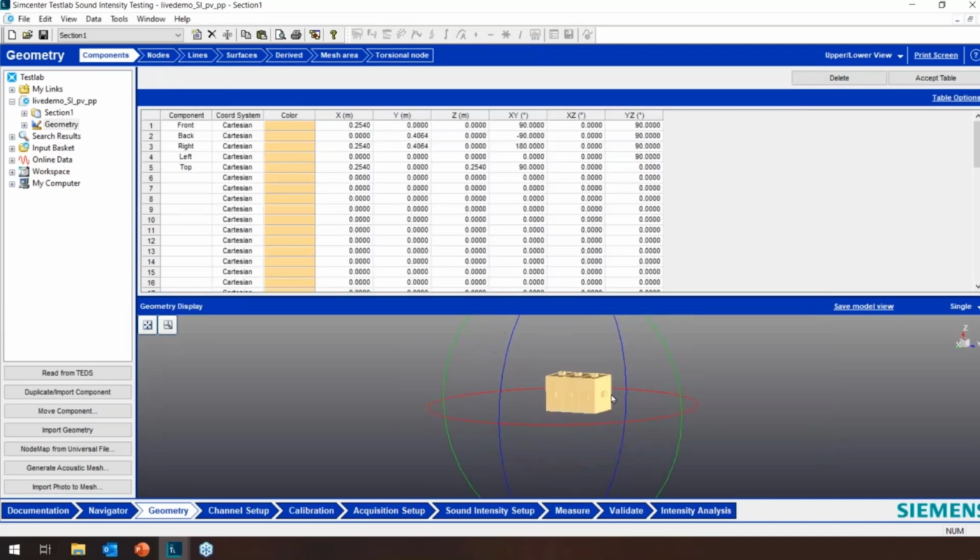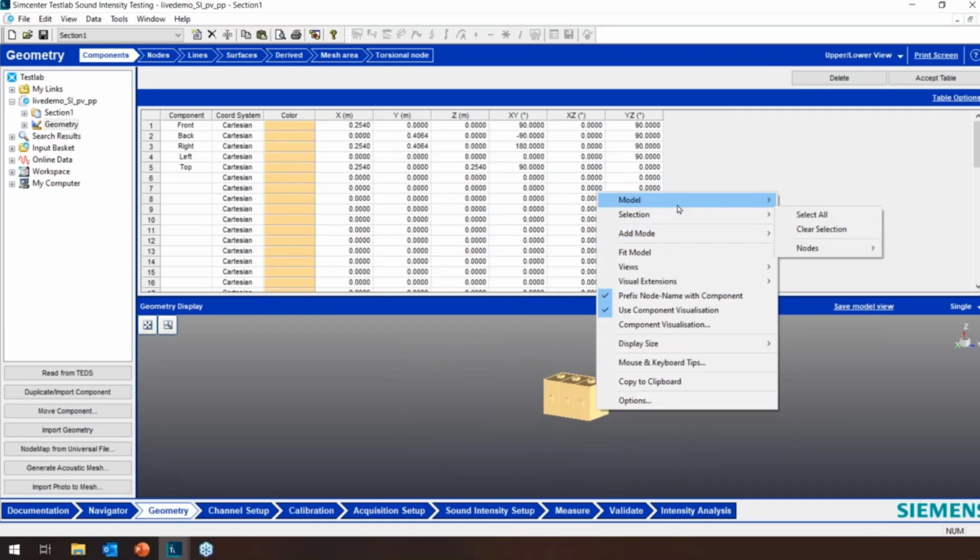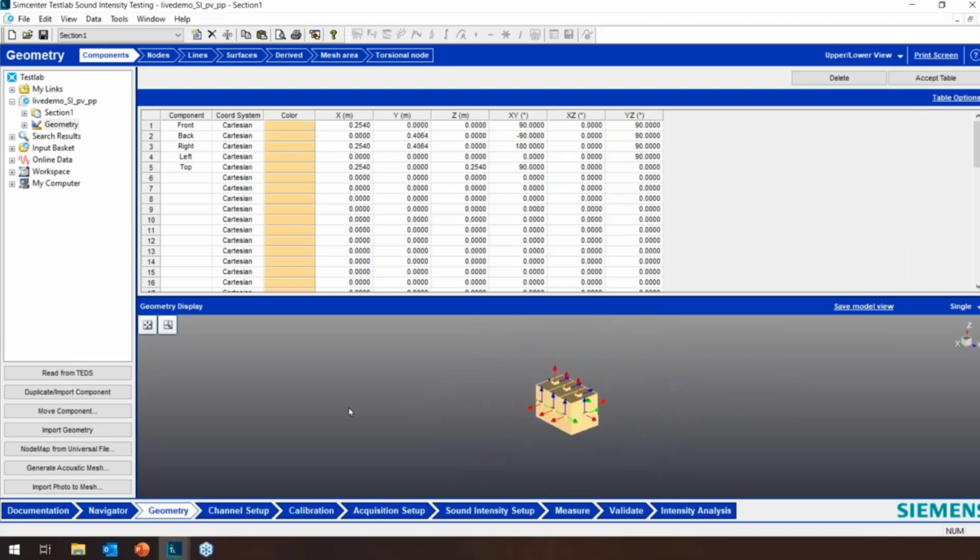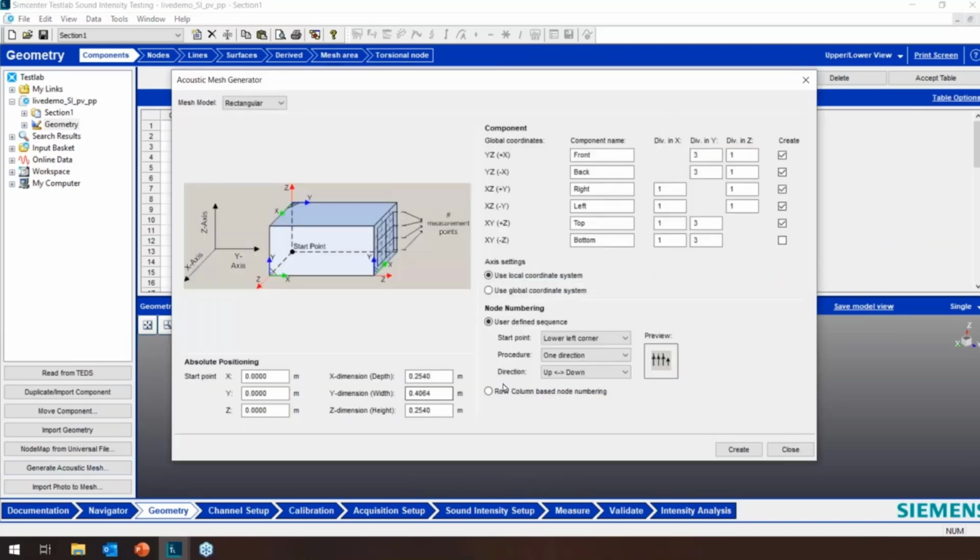Sorry to interrupt, but what is the difference between local coordinates and the global coordinate system there? Yeah, so I can actually show you by going to model nodes and Euler angles. The difference between local and global coordinates, if I go back to generate acoustic mesh, is that the local coordinates will always make sure that you're measuring normal to the measurement surface. It'll always assume that. The global coordinate system will not. You have to understand exactly where you're measuring in that space. But the local coordinate system assumes that you're measuring perpendicular to that surface, which is nice, and that's also what we're doing, so we can leave that on.